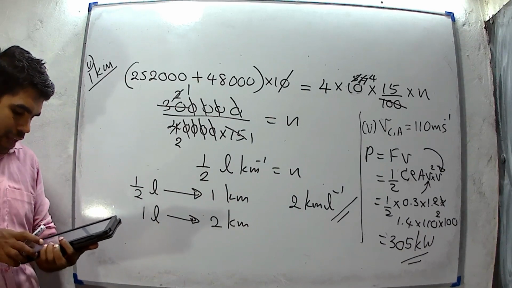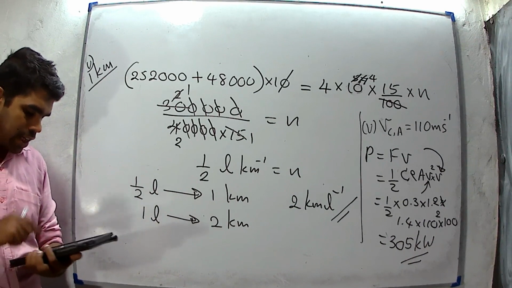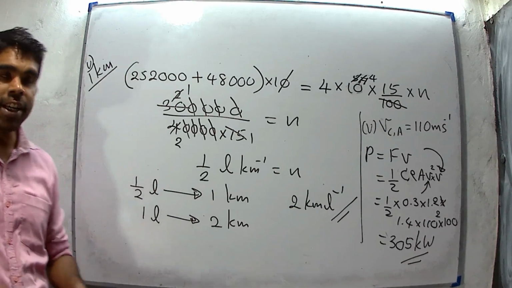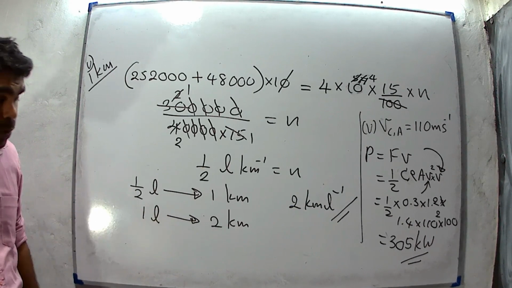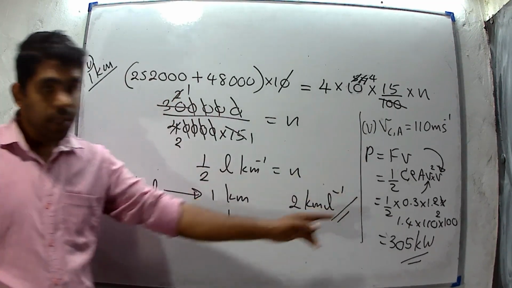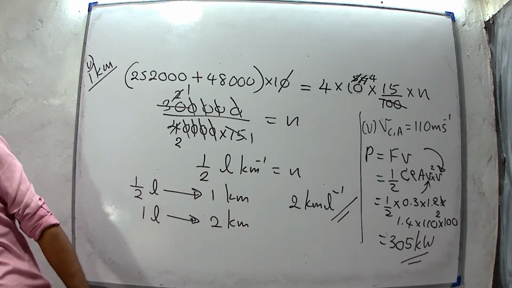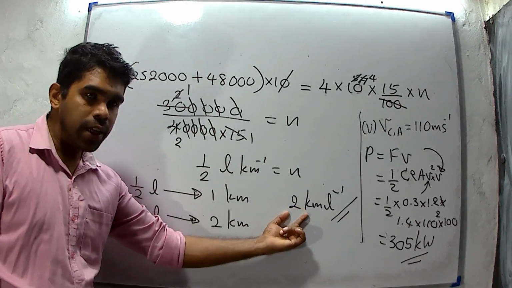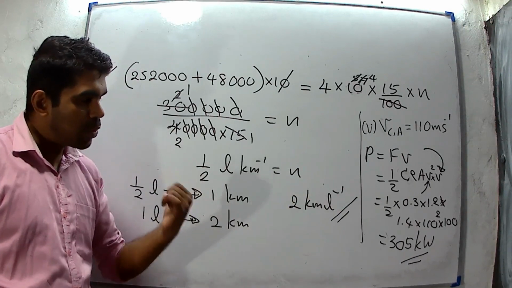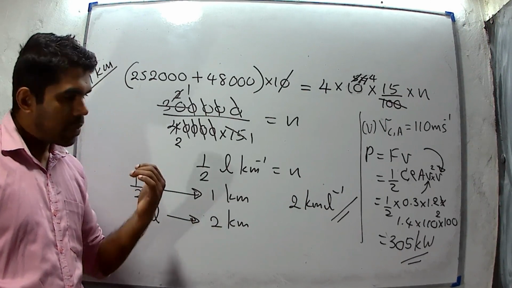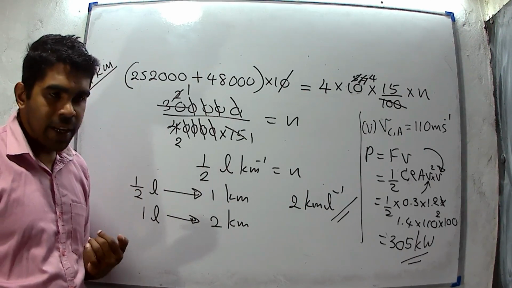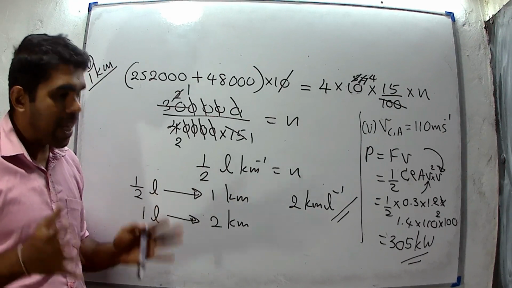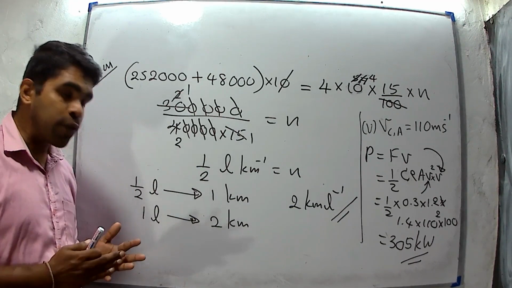Now we can understand if there is a wind against the motion, the drag force will increase and due to increase of drag force, there is more power consumption. It means if there is a wind against the car, this value, efficiency, number of kilometers per liter should decrease. Therefore, fuel efficiency of a vehicle depends on a lot of things, not only engine and vehicle condition. We have to consider condition of road, condition of wind,